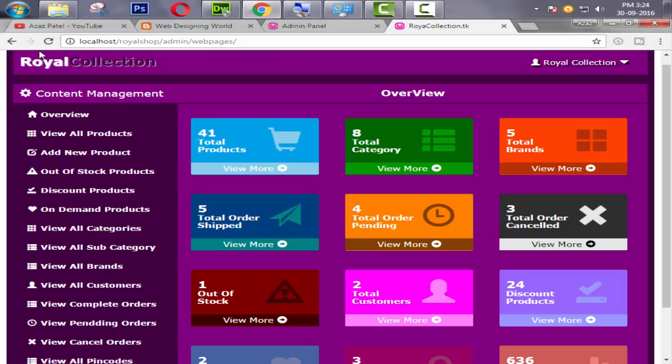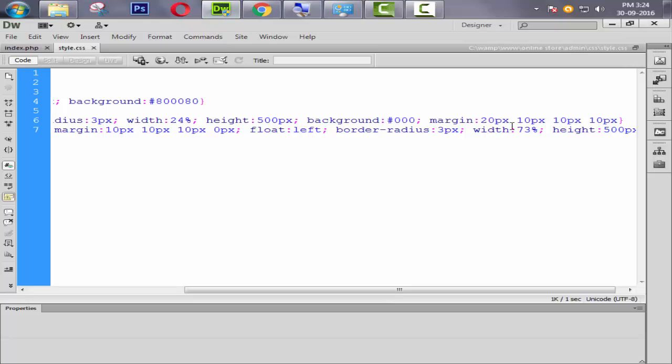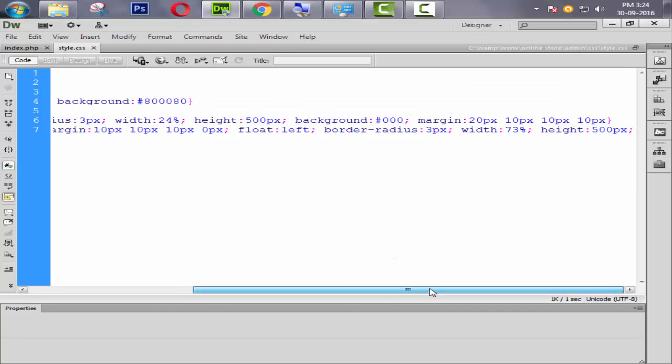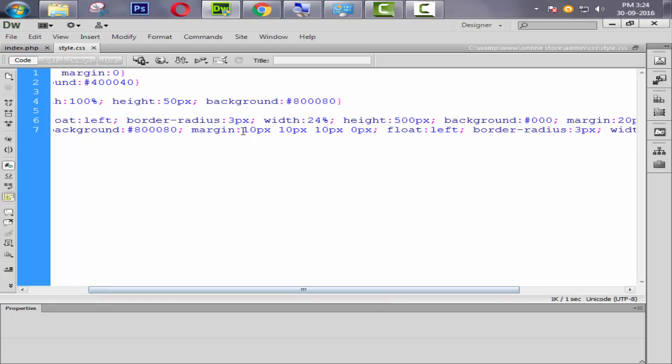Okay, let's check again. Okay, look at this now. Nice, looking very good. But we also need it for body right. So here we change margin to 20 pixel. Refresh and check. Okay, look at this now. Nice, looking very good.